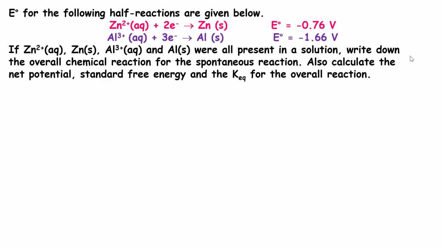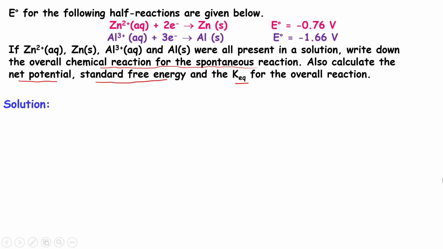So there are four things to figure out. First thing we need to figure out is the overall reaction. What's the overall reaction? And write it in the direction in which it's going to be spontaneous. And then we're going to figure out the net potential, then the standard free energy change, and then the last thing we're going to figure out is the Keq. Okay, so let's get started with the first step, which is to figure out the overall reaction for this particular